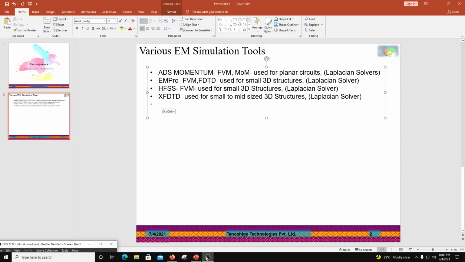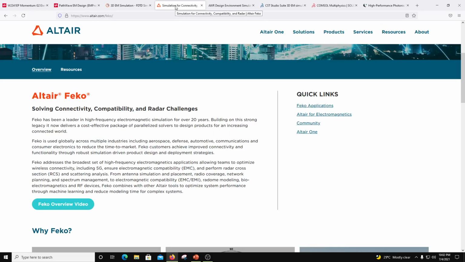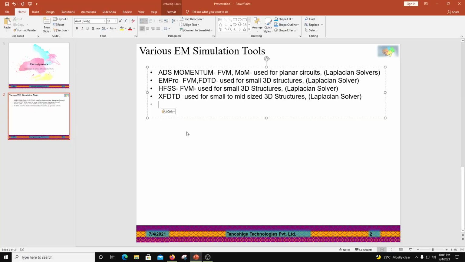Next one I am going to pick up in the list. Okay, so we are done with this. Altair Feko. So now Feko. Here also it is an FDTD method, okay, Feko is